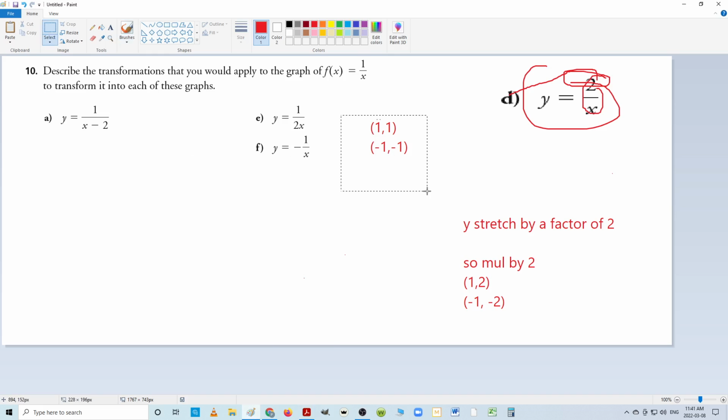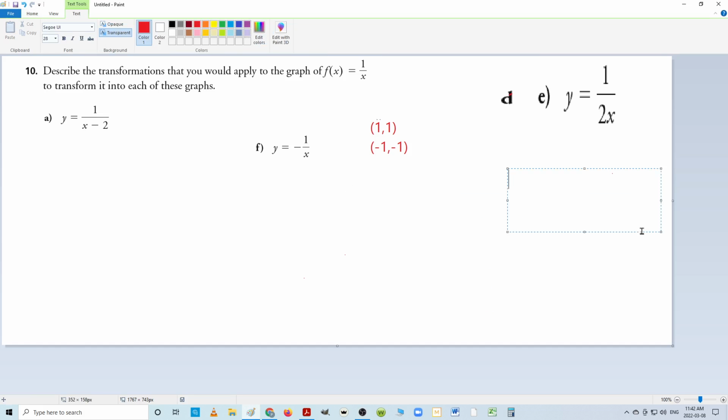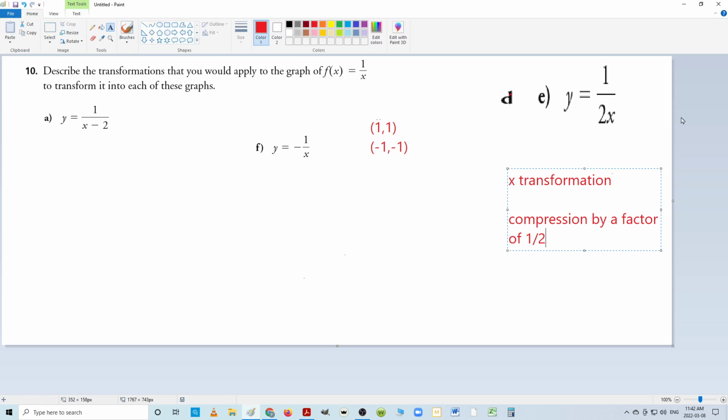This one's similar, right? But this one's very obvious that it's associated with the X. Right? So this one's right beside the X, so I can rewrite that as an X transformation. And it's not a stretch, it's a compression by a factor of a half, because that 2 is right by the X. You'd be tempted to think of it as a half because of the 1 up top. But you've got to remember that you've always got to compare it to the parent function,